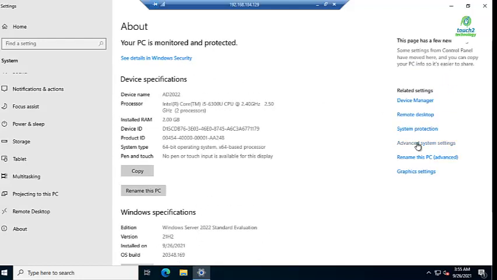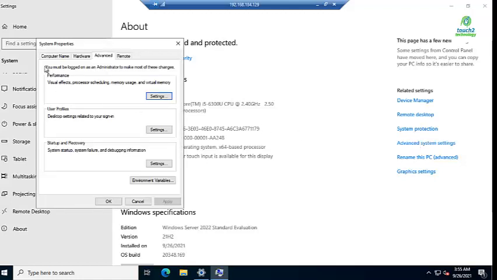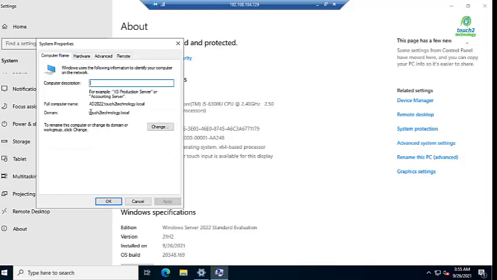In Advanced system settings, here it is showing the Active Directory details. Touch to technology dot local is the domain and the host name is AD2022. I click on allow. Remote is also allowed here. Okay.